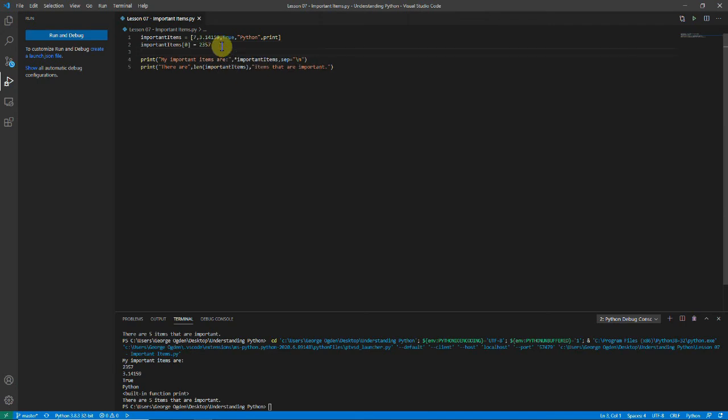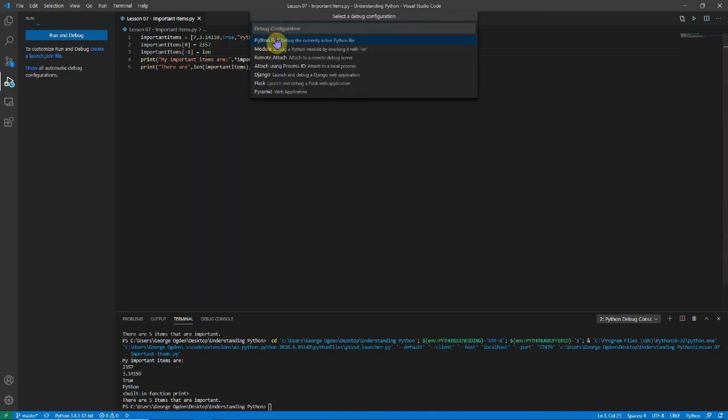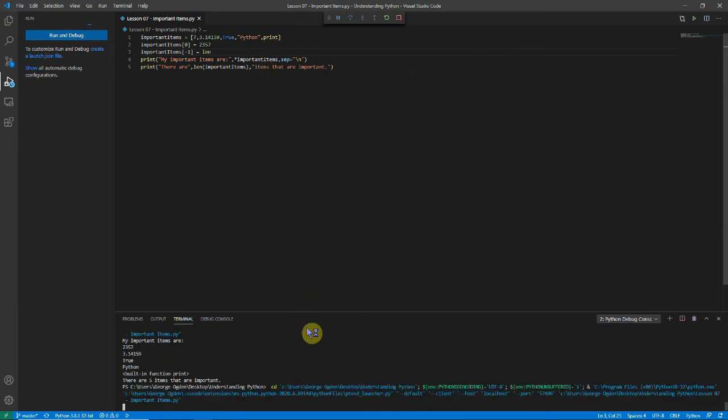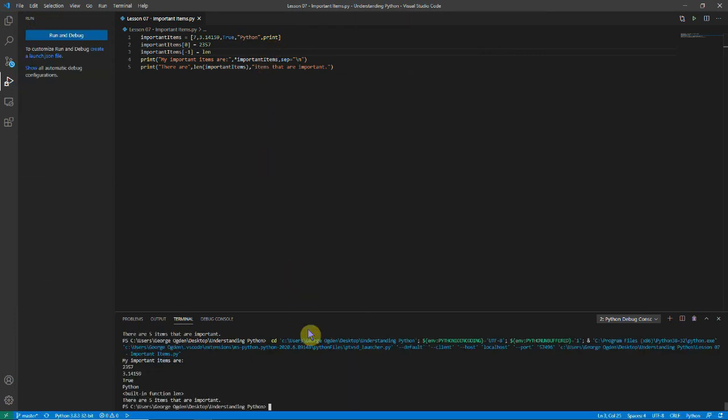Maybe I also want to change that function. So I'll say important items -1 is equal to, and then put len, because that's the function we've been using today. And there we go. I changed it again to the built-in function len. And I can make this list